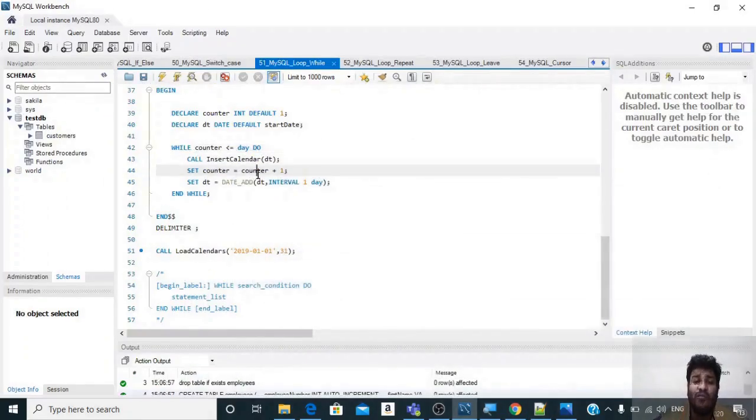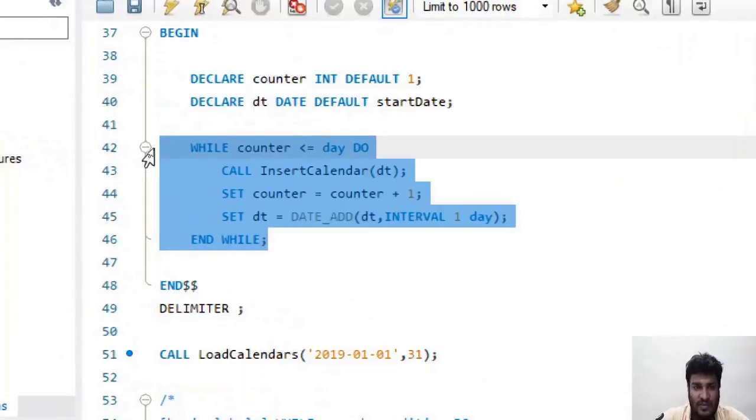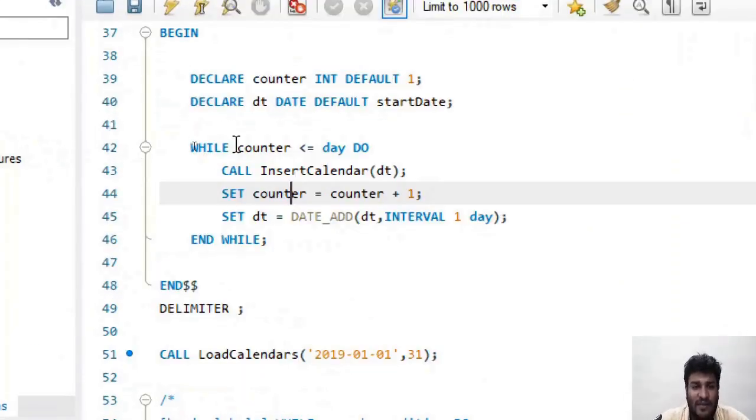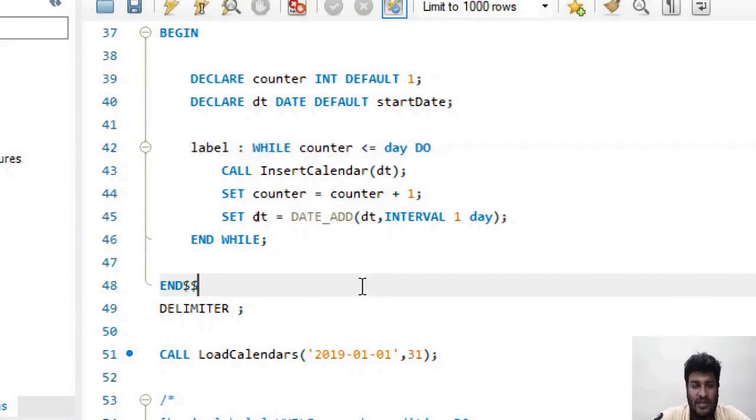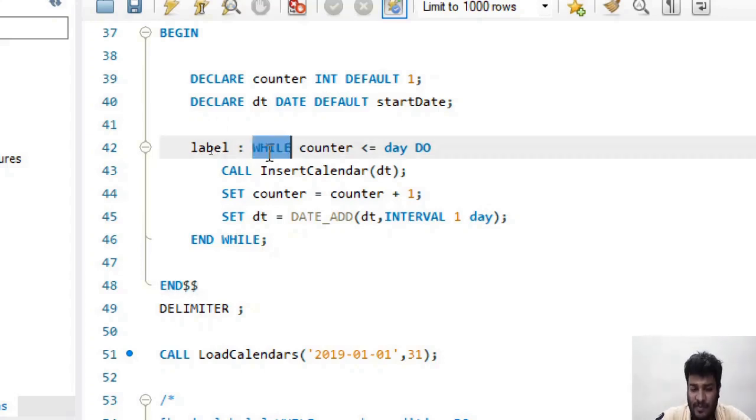But say you have to just see the first 5 rows. So here in the while loop you can give a condition. You can see from line 42 to 47, this is what the while loop is. You can give a condition after while. We can even give the label over here, like this. So this is the label, as we were using the loop statement before.